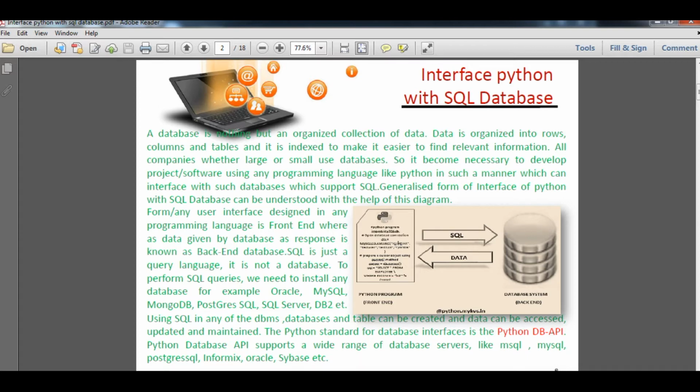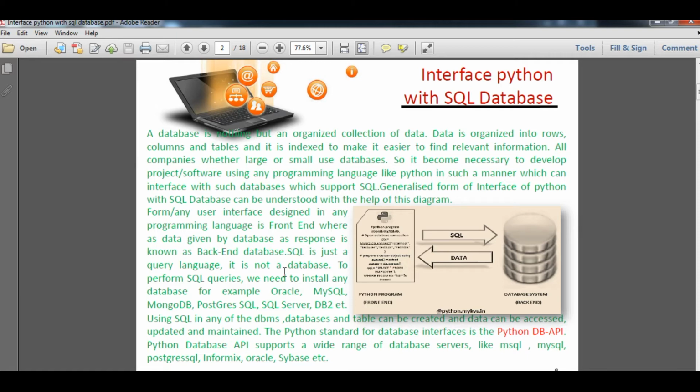There are two types of ends. The first is the front end. The front end gives you a graphical interface to access the data, and the back end provides you the data, like the database as the back end and the Python program as the front end. Many companies, small or big, use different application software and programming languages to access it.